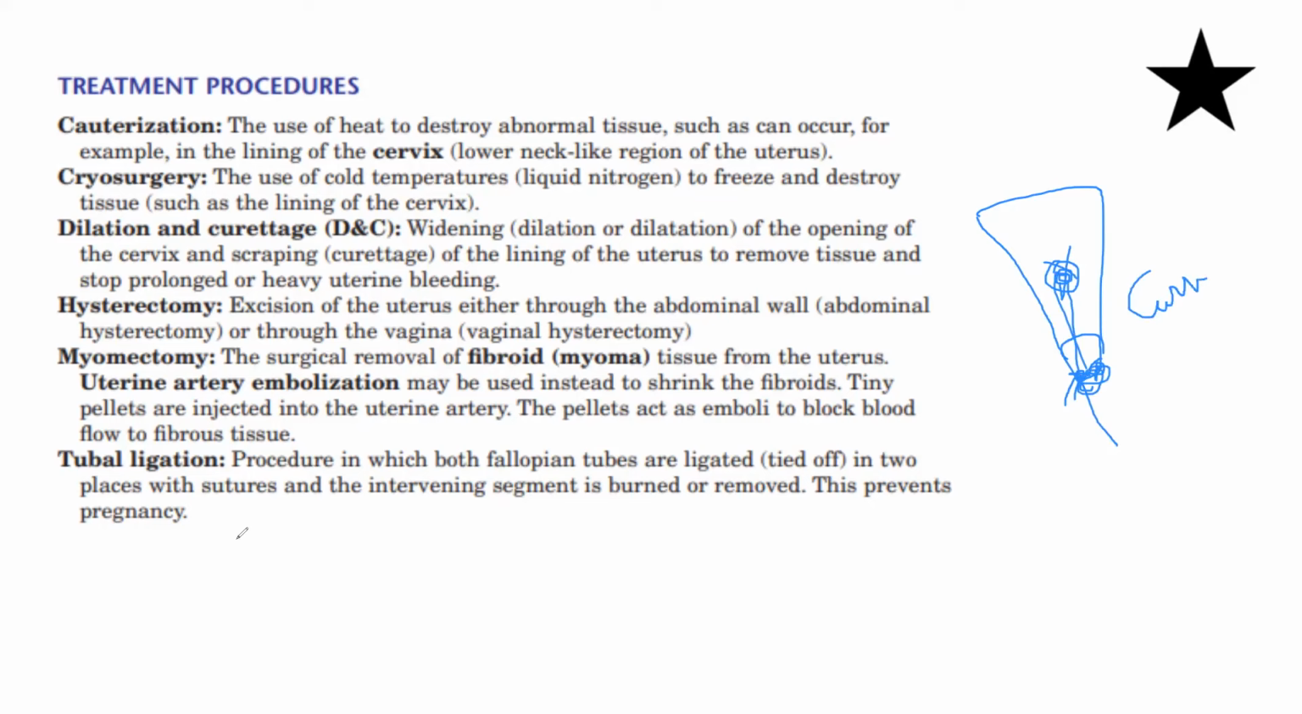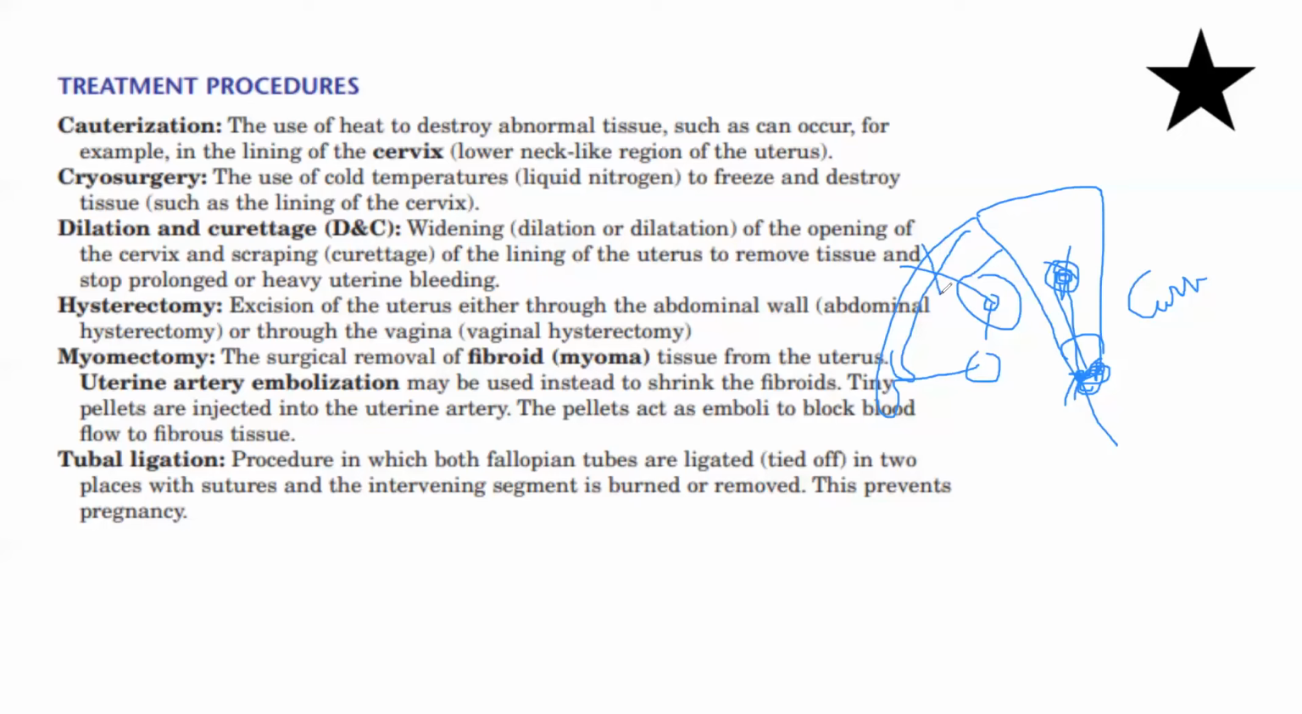Hysterectomy, removal of the uterus. Myomectomy, removal of the muscle tumor. Tubal ligation. Now, very interesting. This we have seen, the ovary here. So one ovum is over here. It will go over here for fertilization. If we